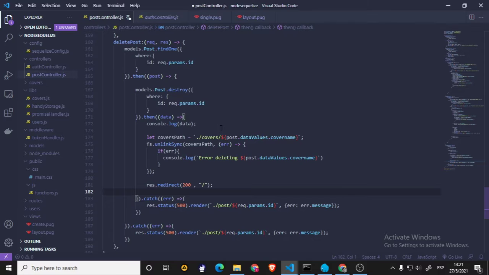Would this work? I'm not sure. We will need to test that. But yeah, so models.post.findOne, we're going to search for the ID that we need. Then we're going to receive a post. That post is going to give us, maybe we can just say this,